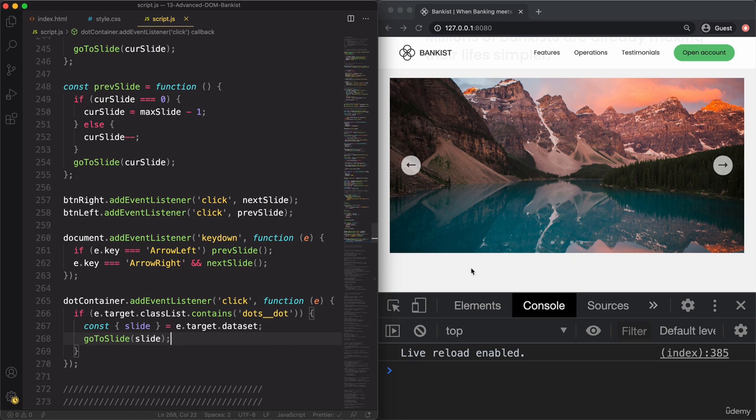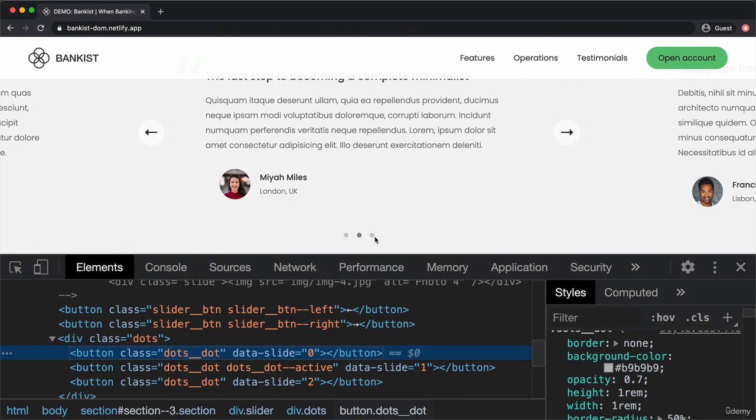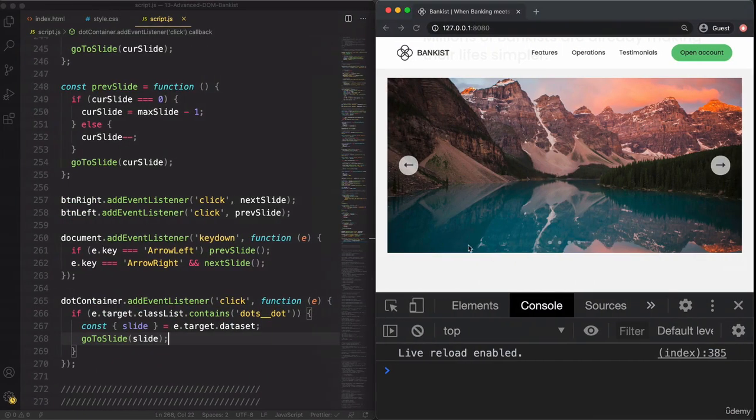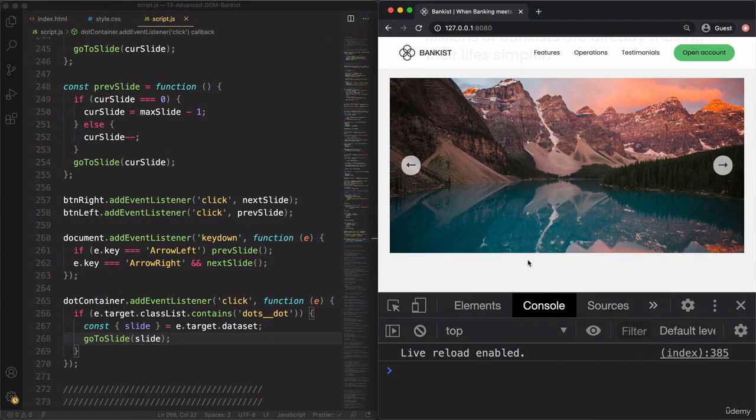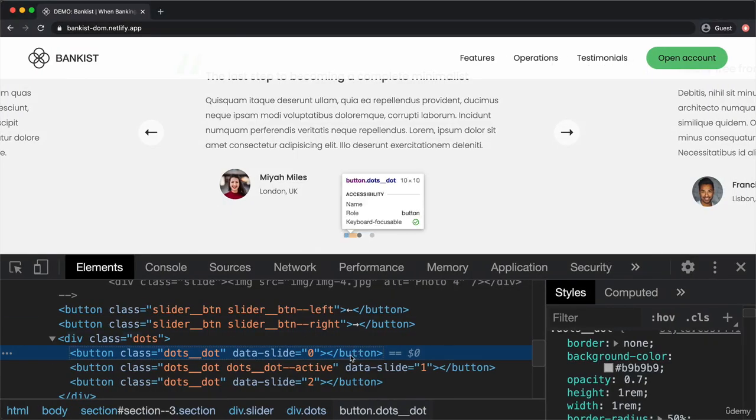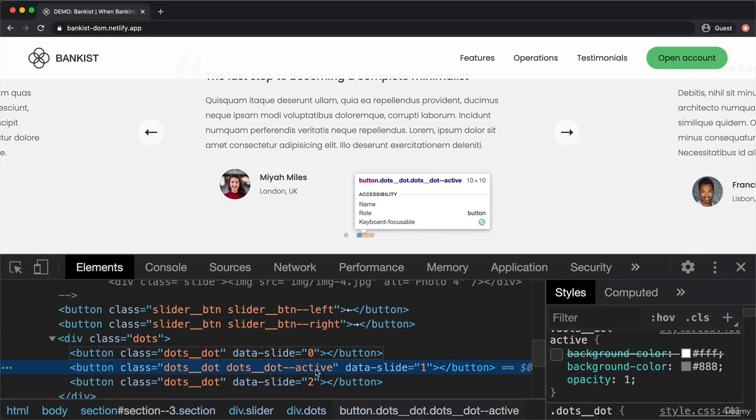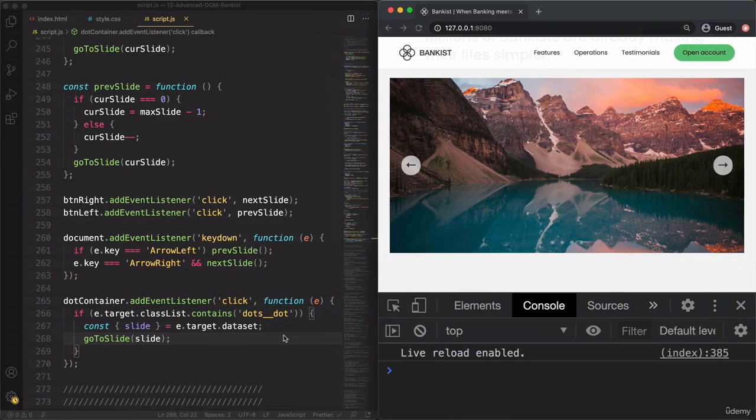Now all we need to do is to also show which is the current slide. So activate this dot, basically. So give it this different background color. So that's also pretty common in a slider like this. And let me actually show it to you. So all we do, as always, is to give it a special class. So the dots--active class. So let's go back and let's do that